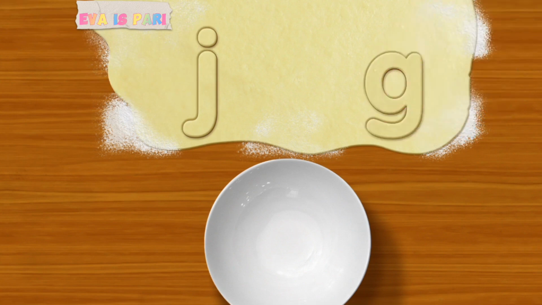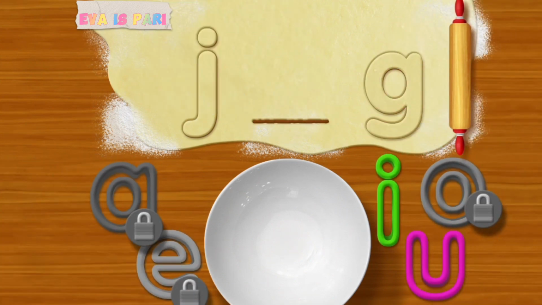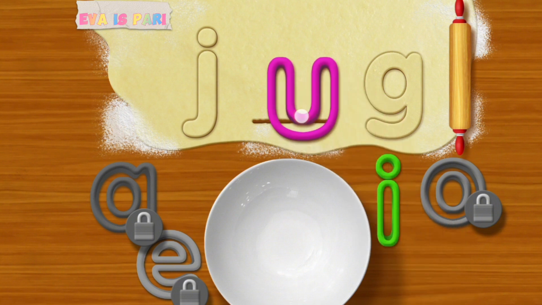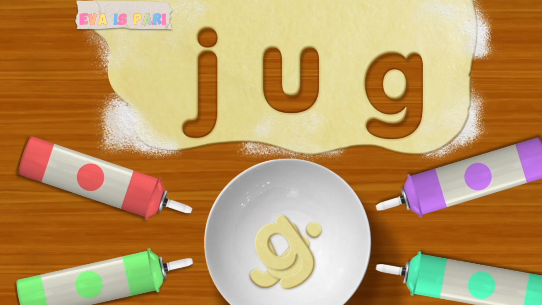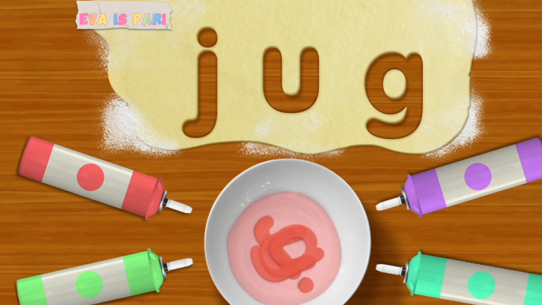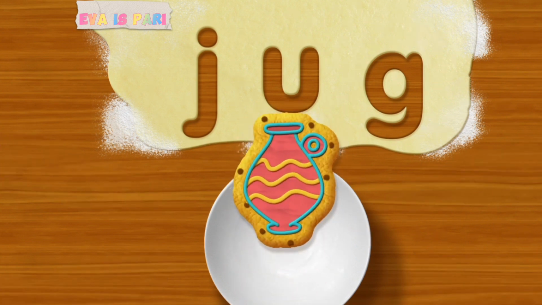J, G. Which letter is missing? Correct. It's U. J-U-G. Jug. Mix it, mix it, mix it, mix it. Yeah! Our jug